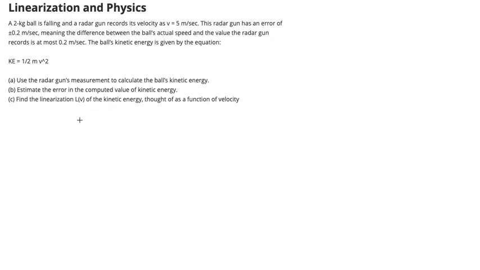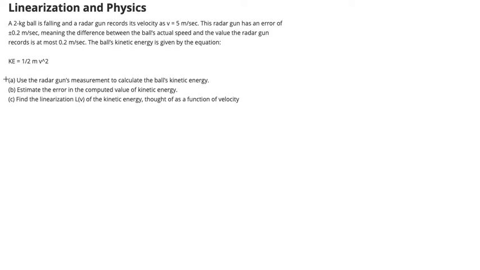It says that a 2 kilogram ball is falling and a radar gun records its velocity as 5 meters per second. This radar gun has an error of plus or minus 2/10 meters per second, meaning the difference between the ball's actual speed and the value the radar gun records is at most 2/10 meters per second. The ball's kinetic energy is given by the following equation. KE, which is kinetic energy, is equal to 1/2 mass times velocity squared. So